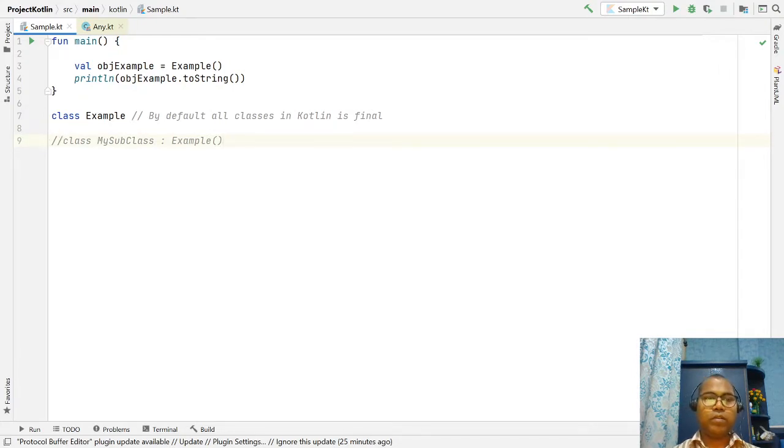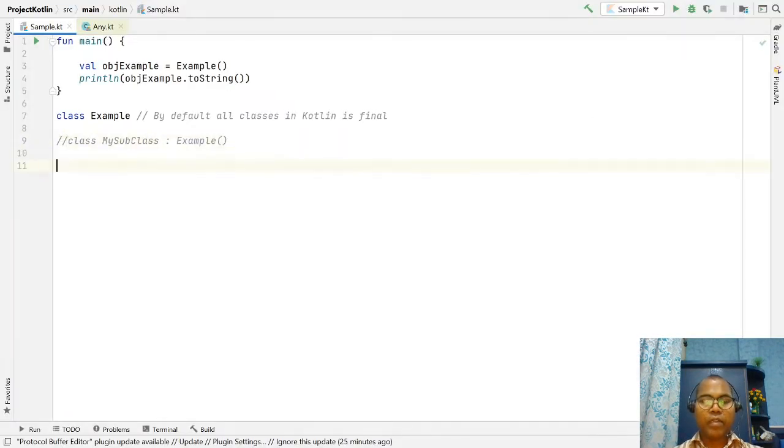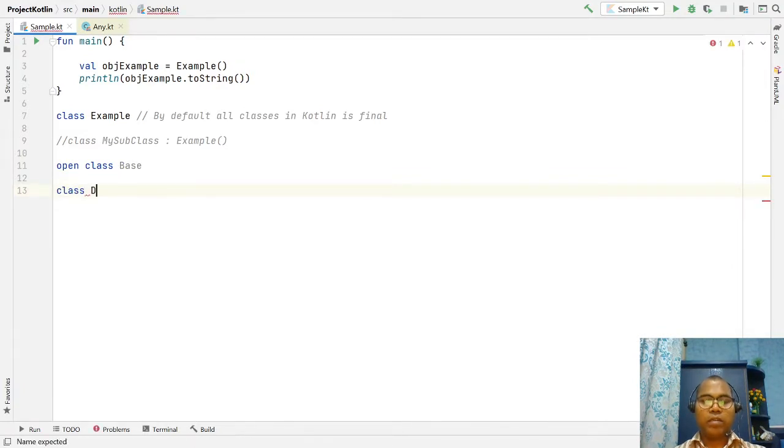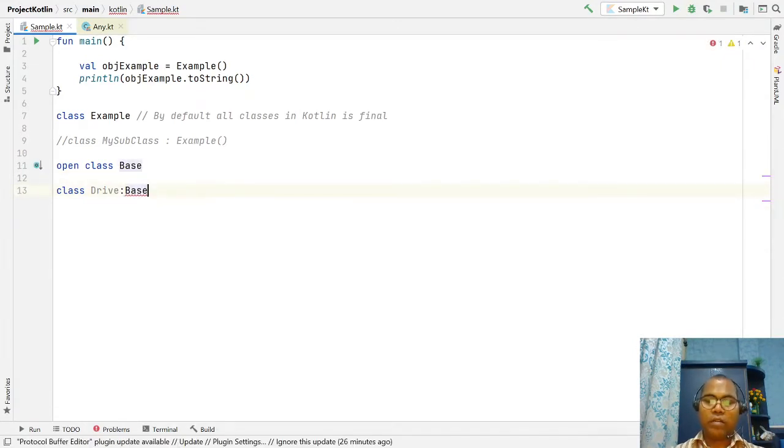So you can create another class, let's say a base class, and here write your open keyword. Now you write a class Derive, and here you can write extend your Base. Now you are able to make an override.